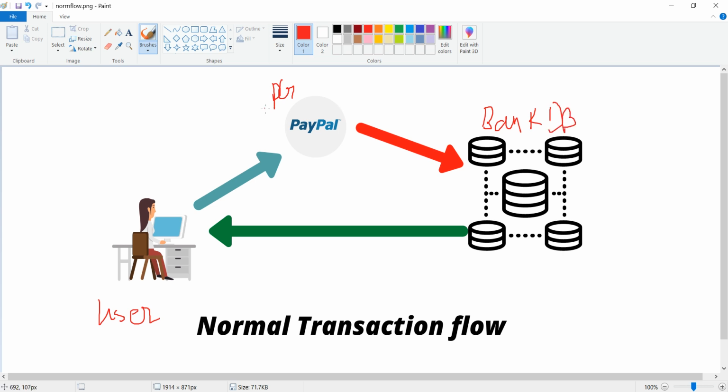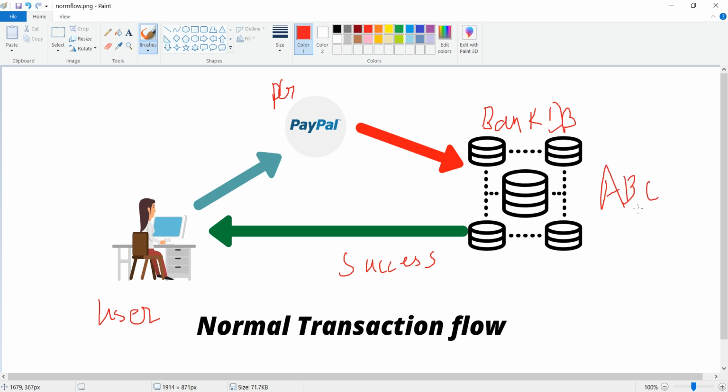From whatever payment gateway fires the request, the bank sends back the response, a success response. This can be considered as ABC bank, and from this you get a successful response upon your transaction.